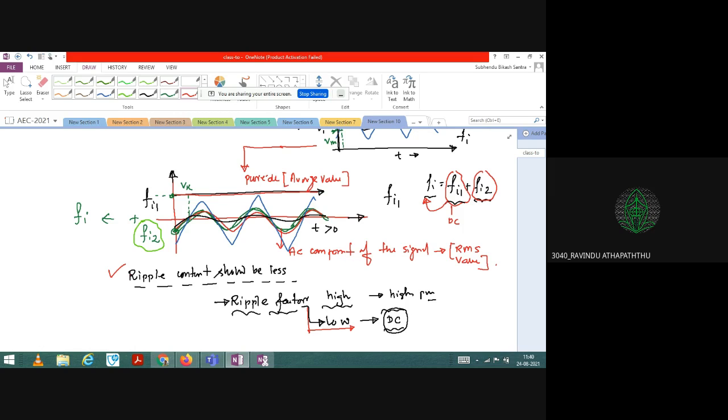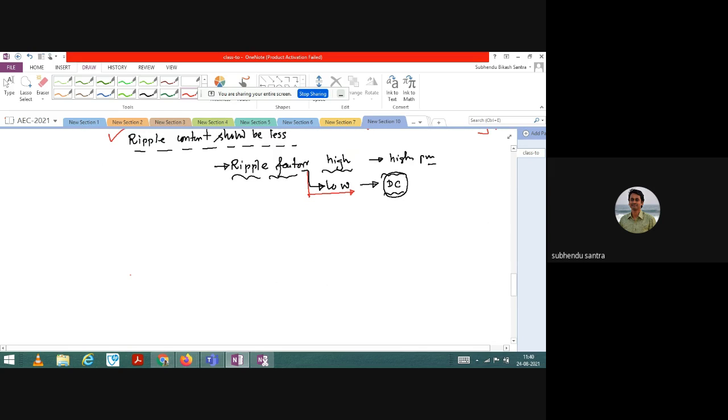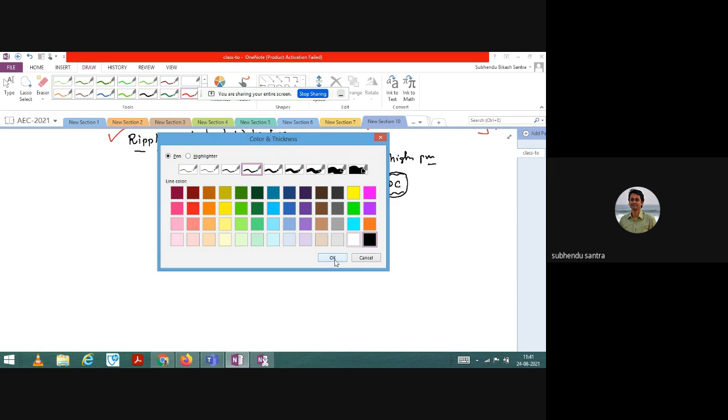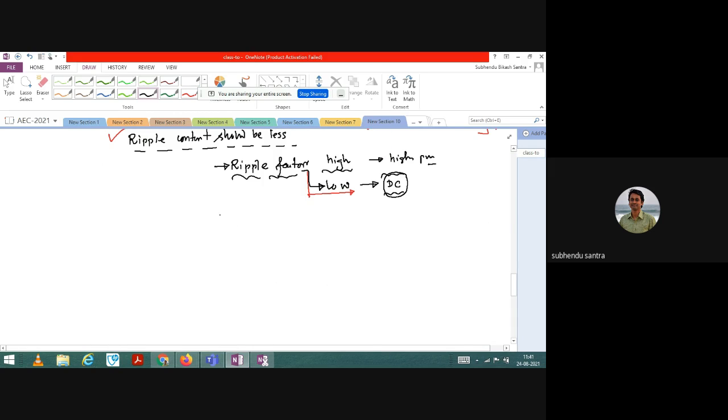Yes, sir. Now let us draw half wave and full wave, and then we will understand about this factor. Also we will write the efficiency. It is another important thing, how to find efficiency, because ripple factor is one factor, and another factor is efficiency. If your efficiency is very low, then the rectifier cannot be recommended. Let us say you are designing a rectifier circuit here. So this is a rectifier. You have an input port and an output port. The input port is AC, the output port is DC.